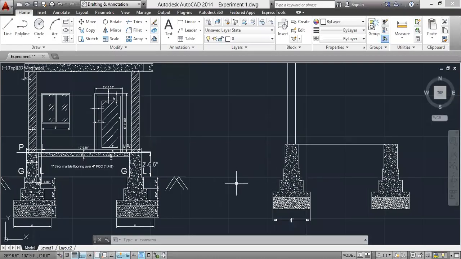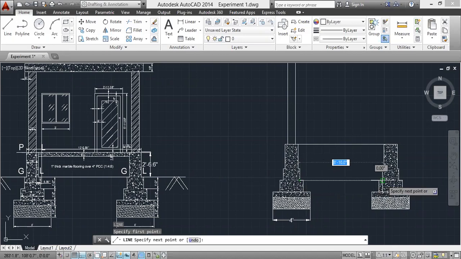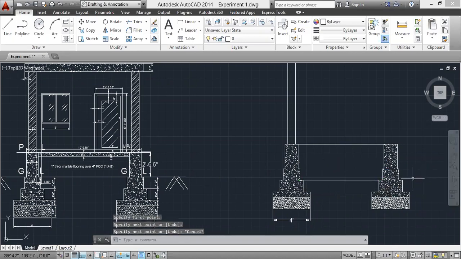So now draw the ground level, L, enter. Here the ground level is. Okay. And extend some more here on the right side. There will not be any specific length. L, enter, extend some more. Okay. L, enter, extend on this side too.